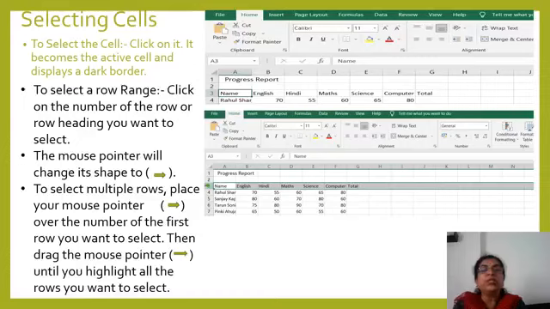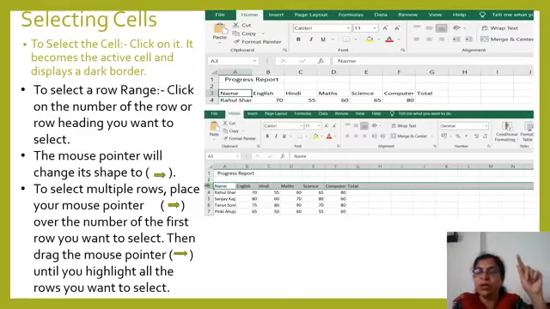To select multiple rows, place your mouse pointer which is showing arrow over the number of the first row you want to select. Then drag the mouse pointer down until you highlight all the rows you want to select. Means at a time you can select only one row or you can select multiple rows. How to do that?